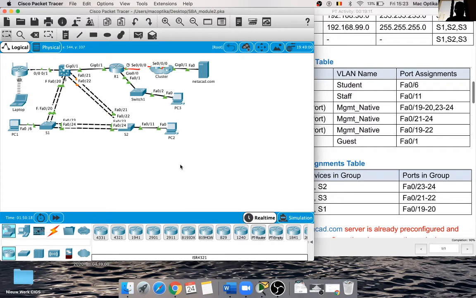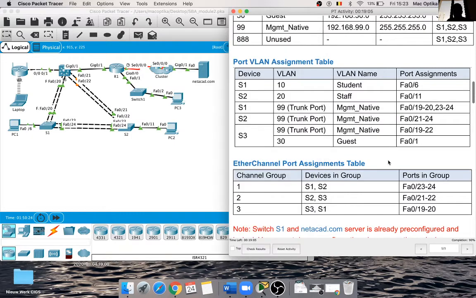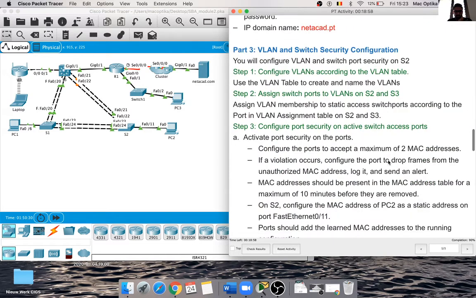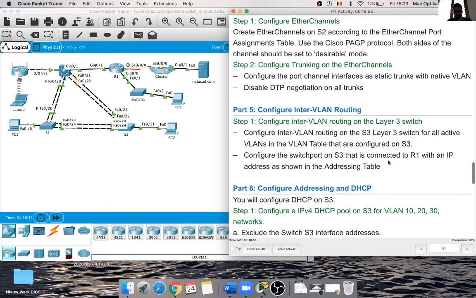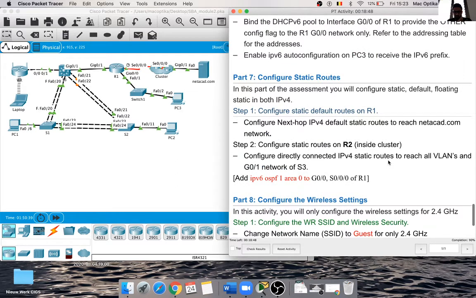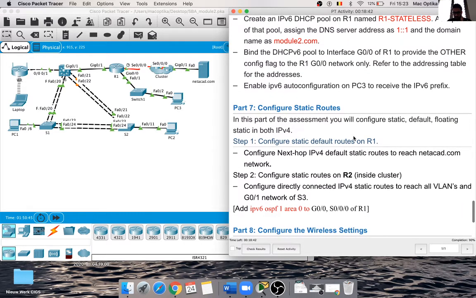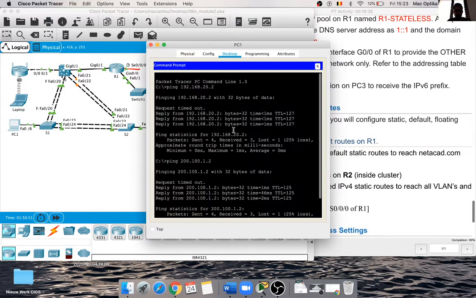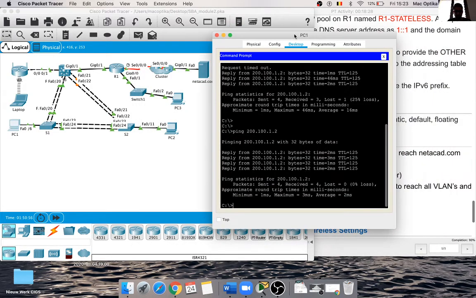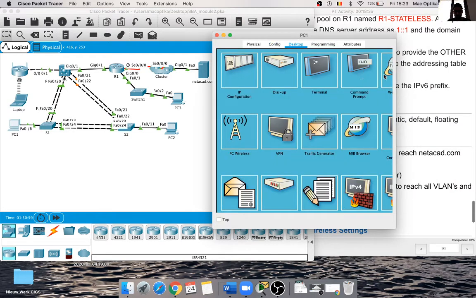Okay, so now I have to check the R1. If I come here and I ping, it's good. But if I come to the Ethernet,